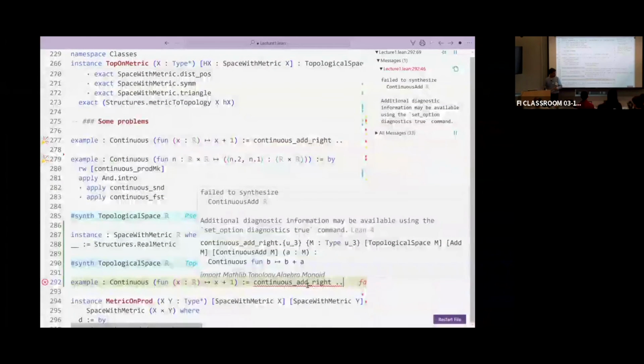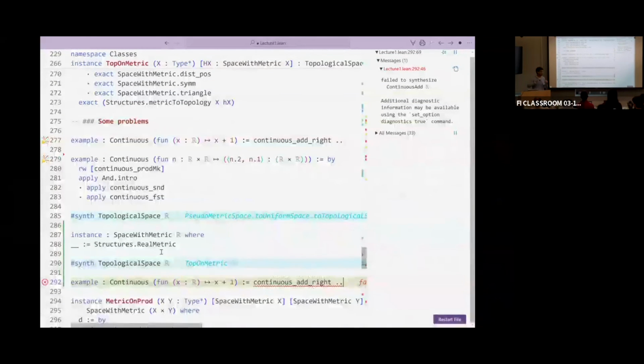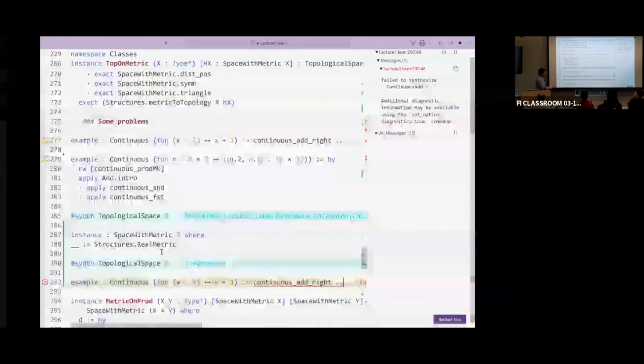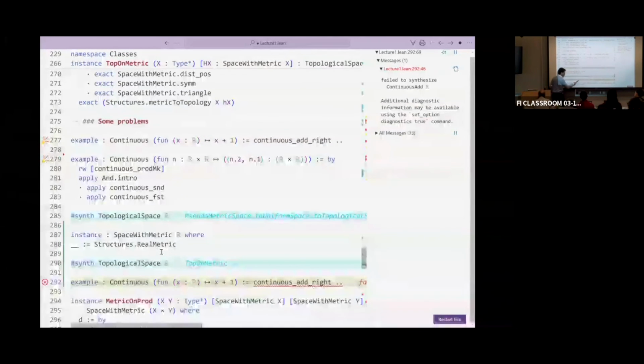The problem is that this has been proven in the library for the topology on R that comes from its uniform space structure. And what I've done here is define a new topology that, as it happens, I can prove coincides with the previous one, but Lean doesn't know it so far. And so when it tries to apply this lemma to the add one function on the reals, it fails.